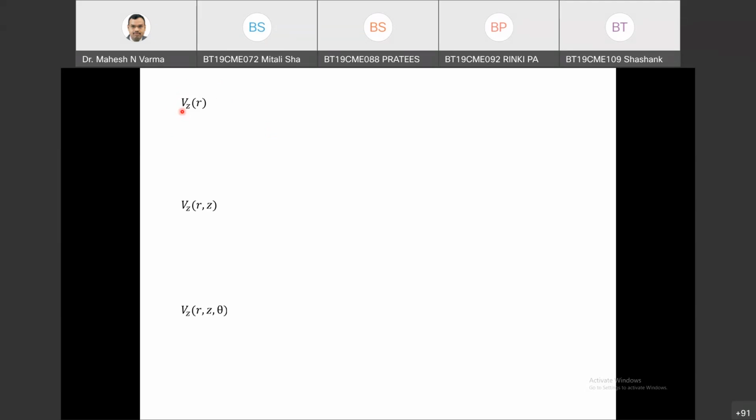Other velocity component was 0. Vz was non-zero, and Vr and V theta were 0. Only one velocity component. We can have this case also. We have one velocity. It can be a function of